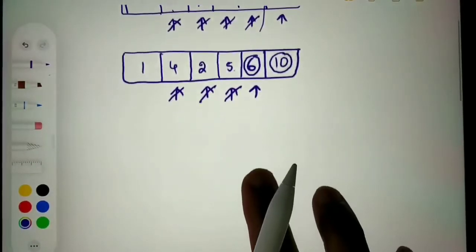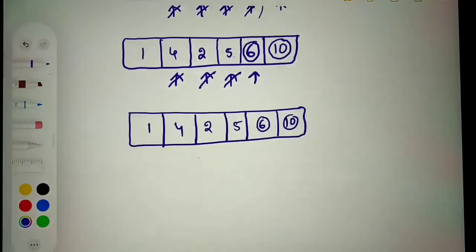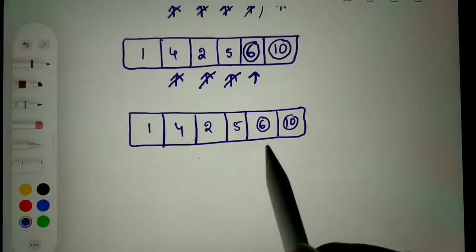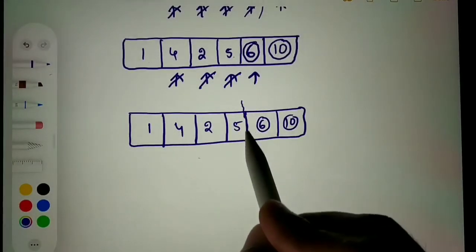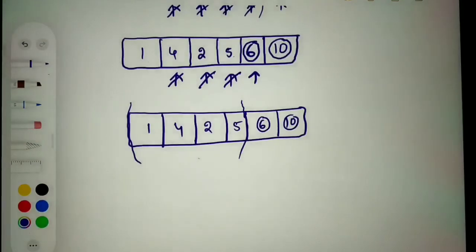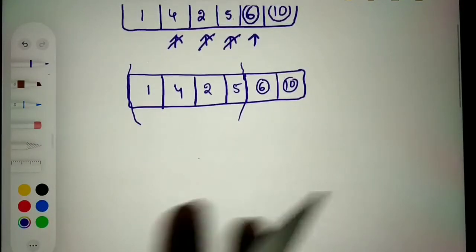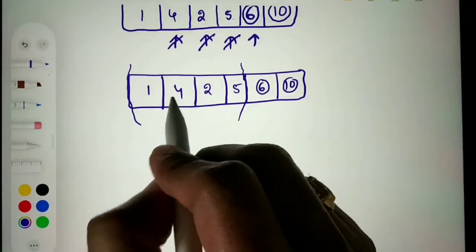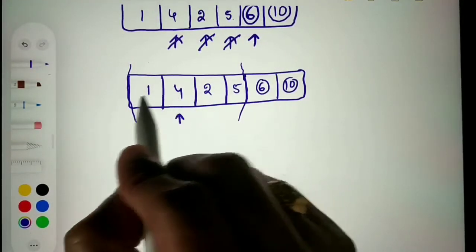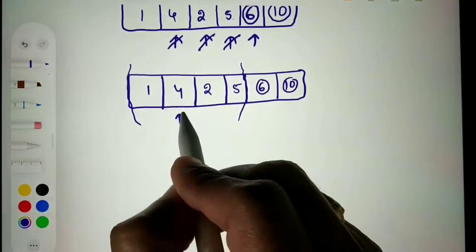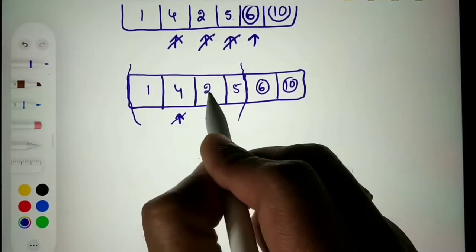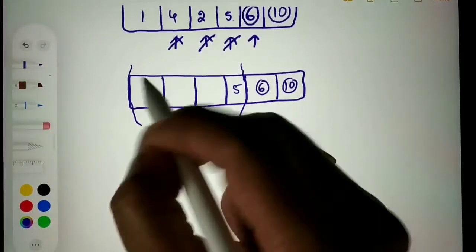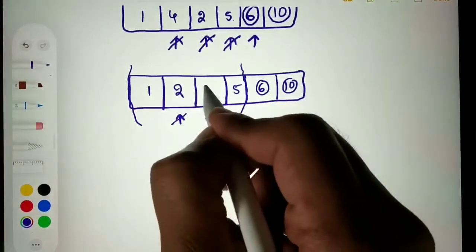And we repeat this process again. Okay. So far we have moved 2 elements to the end and the leftover array is this one. So we will repeat the same process and I will start with the second element and compare it with its previous element. So 4 is greater than 1. We don't need to do anything here. I will move on to the next element. And 2 is smaller than 4. These two need to be swapped. 2 should come here and 4 should come here.